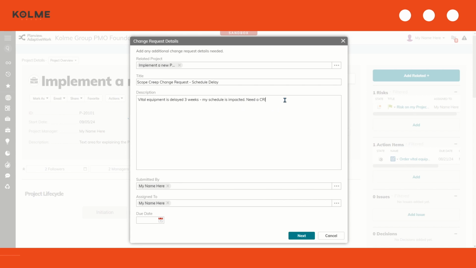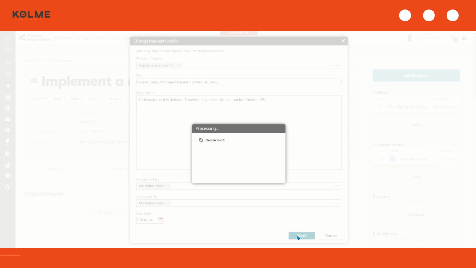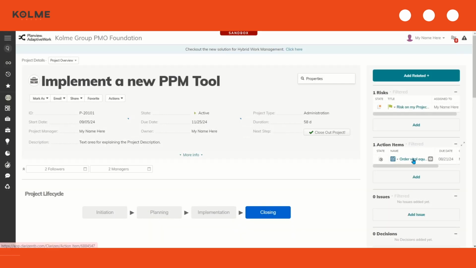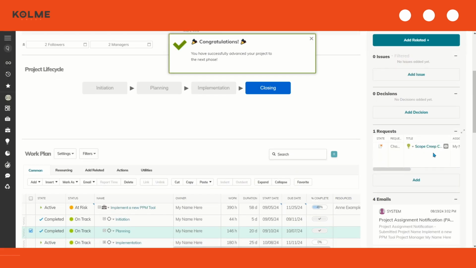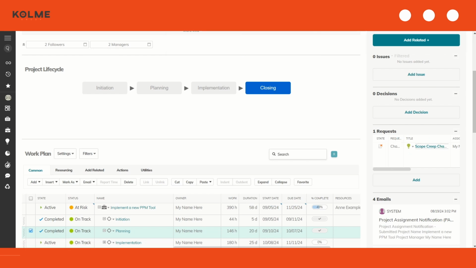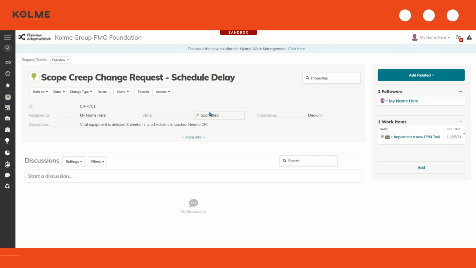And then it pulled in that description. I have the option to add additional text if I want. And then it was submitted by me. I'll leave it assigned to me, and then I can add a due date. Here in the related menu, I can see that change request that was created along with my project. At this point, I will manually manage this change request either through updating the data points here on the property card,